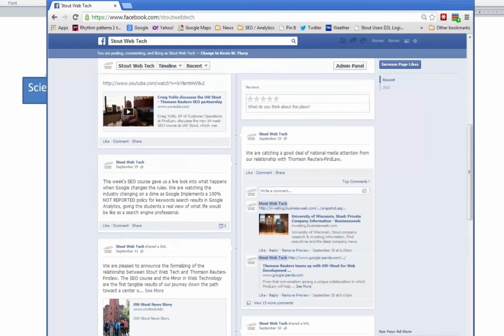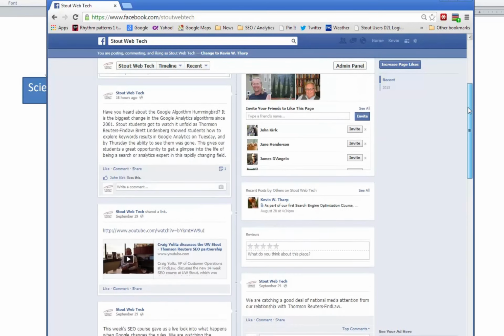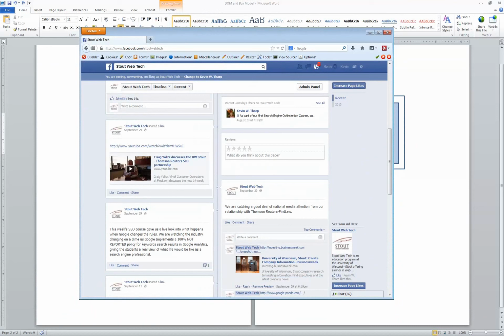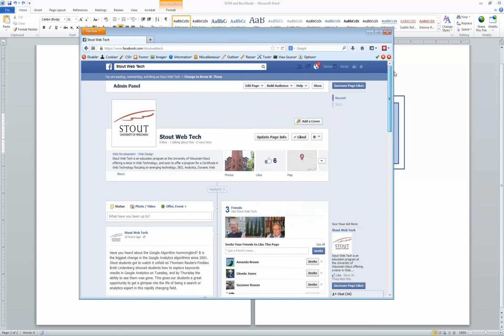So if we want to explore this, we'll come to a page looking at the Stout Web Tech page on Facebook, and if you want to view the document object model, what you need to do is turn off all the style information. And so I personally prefer to use Firefox when I'm doing this, because it provides us with a set of tools that are useful for us to explore